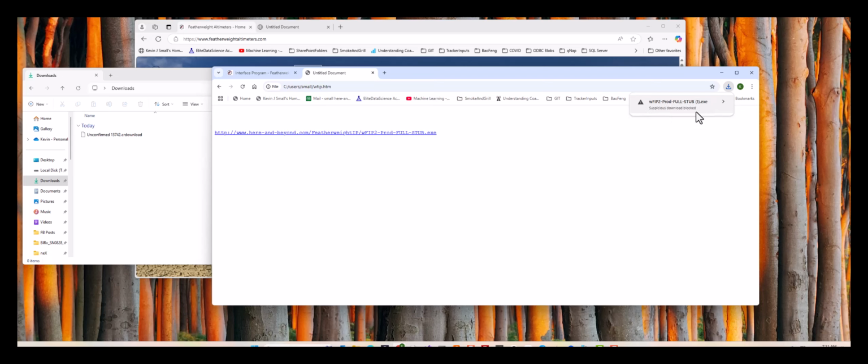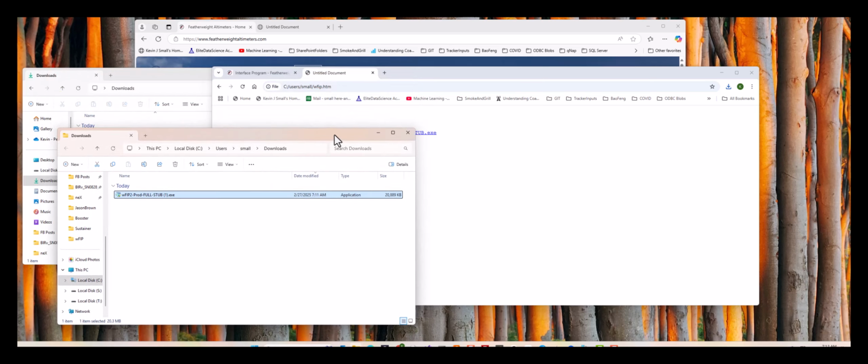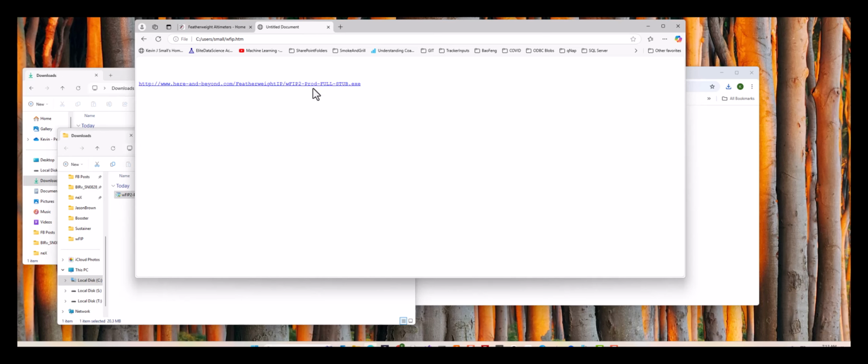It says suspicious file downloaded. Of course, I'm going to go ahead and do the right arrow. I'm going to say go ahead and download the suspicious file because I'm suspicious. And then I can go here and say open the folder and I can install it. I'm going to show you that there. We're going to run one of these, but I'm also going to go ahead and do it on Internet Explorer,